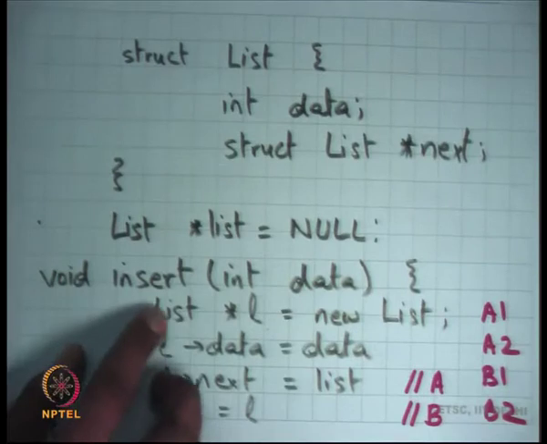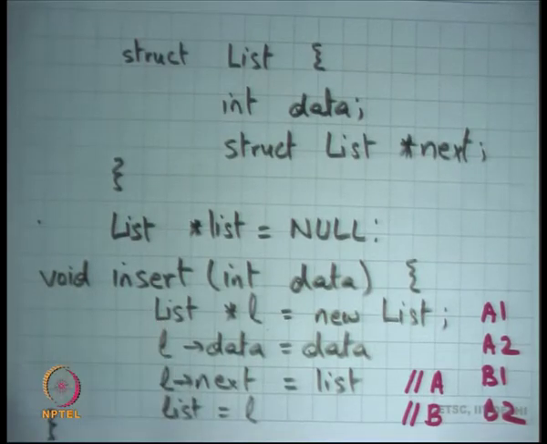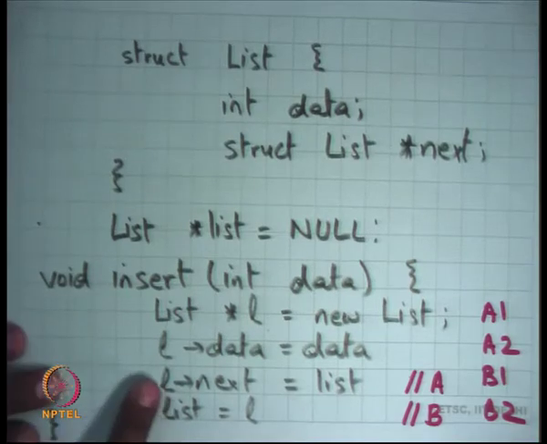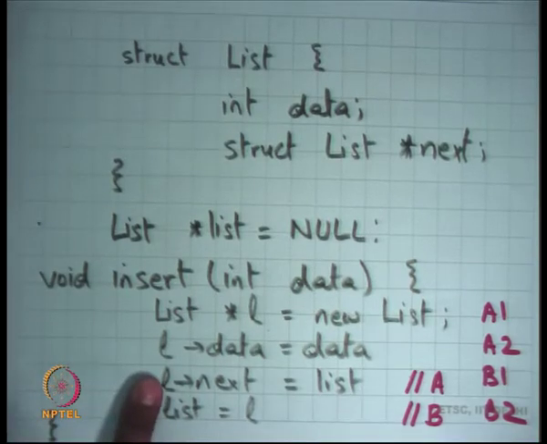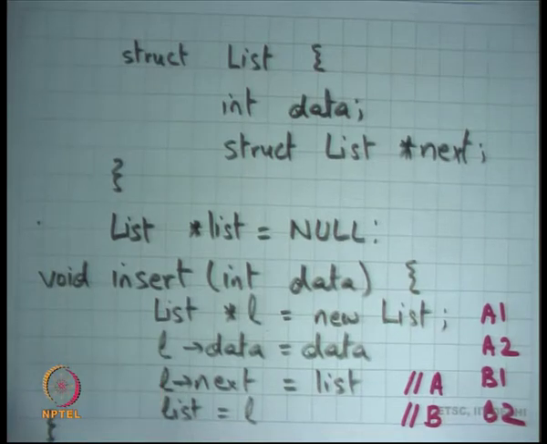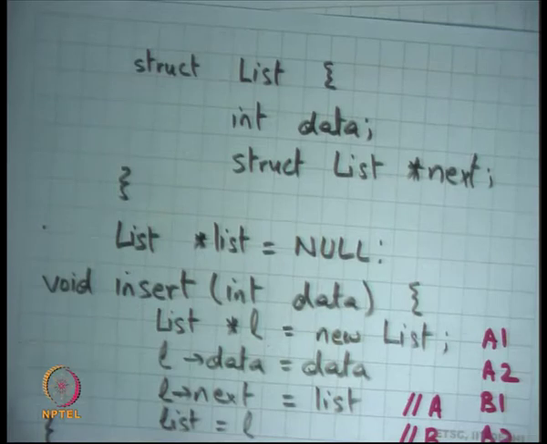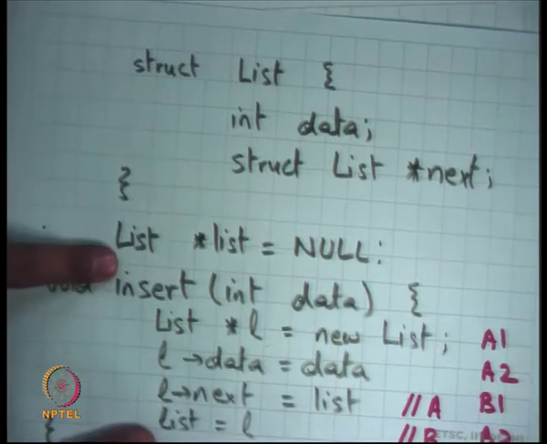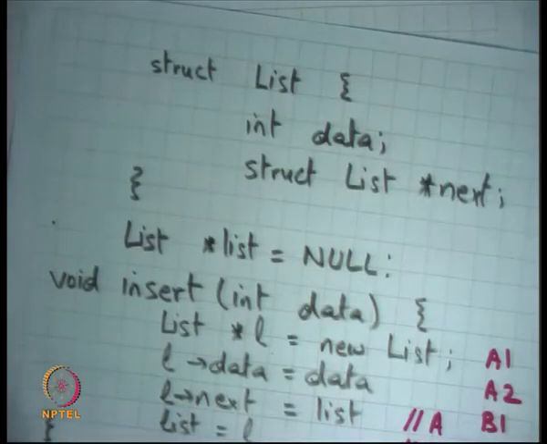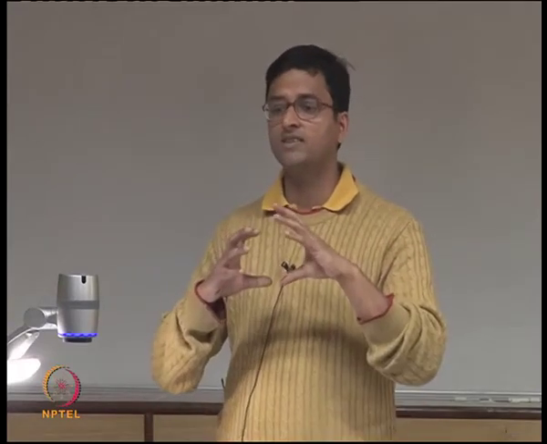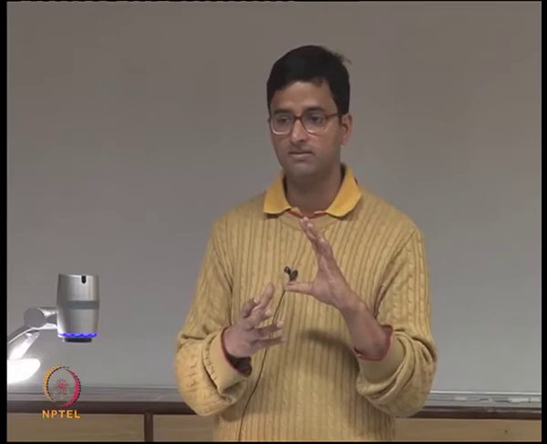If I could ensure that these two statements execute in a mutually exclusive way, I would be done. It does not matter if the rest is mutually exclusive or not. So I need some abstraction that allows me to say that these two statements are mutually exclusive, other things I do not worry about. If you had made the entire thing mutually exclusive, would that have worked? Yes, it would have worked, because it is still mutually exclusive, except that you are constraining the system more than it needs to be, right.